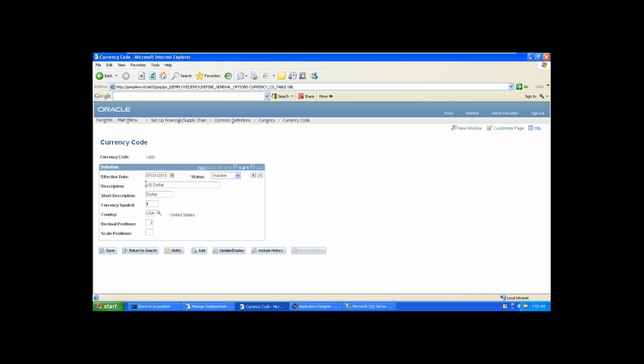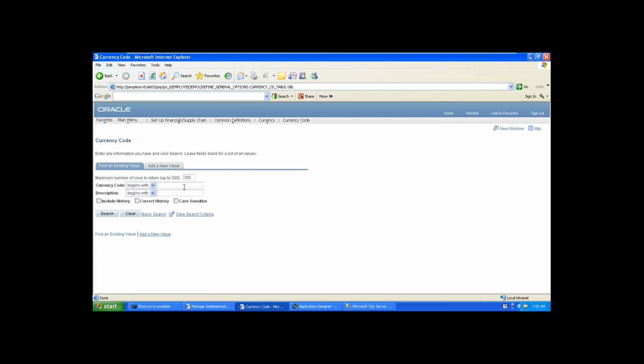So this is the currency code, description, a short description, a symbol, the country in which this currency code is used, and decimal positions. Tell me one currency code. What is the currency code for Bangladesh or Pakistan or Sri Lanka?